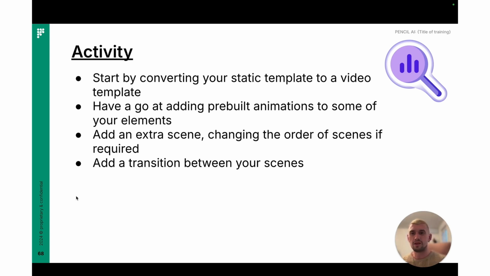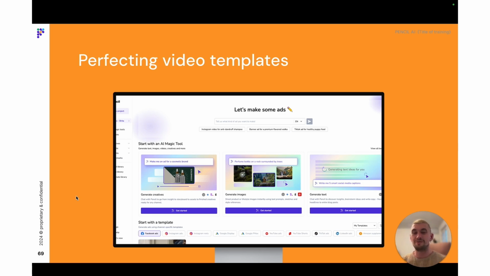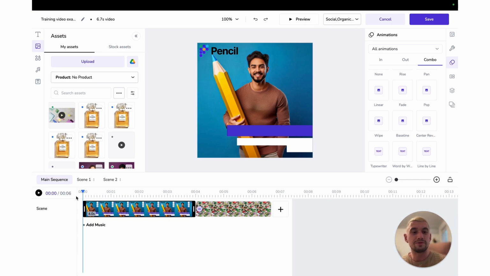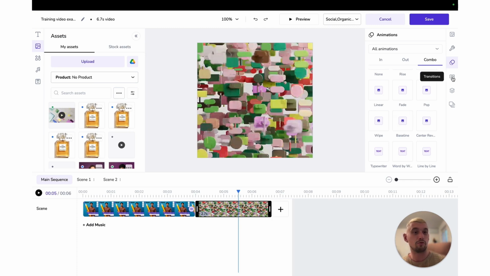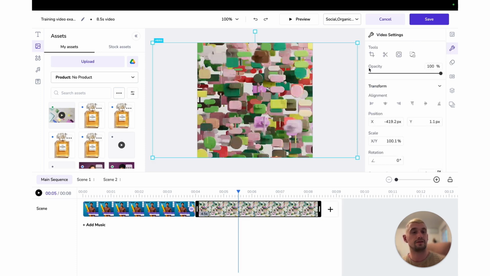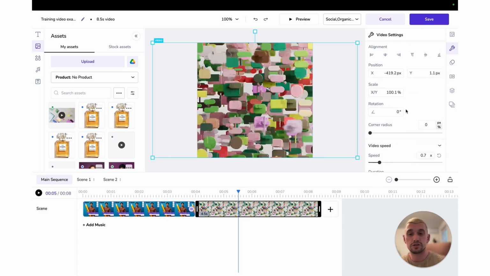So where we should now be is we've got a very simple animated template. It might not be perfect yet, that's absolutely fine. We're now going to perfect them. So I'm going to jump back in. For the purposes of this demo, I'm just going to leave that video untouched. As I said before, we can make some fine tuning on this by selecting our video and using our trim and speed options,